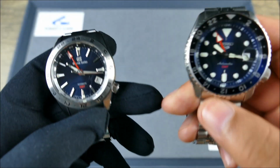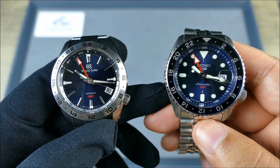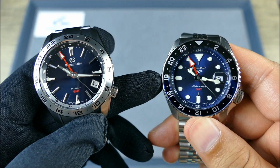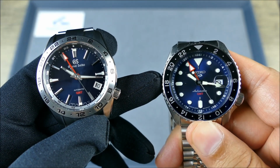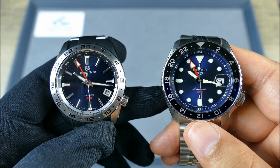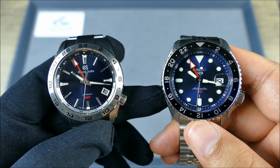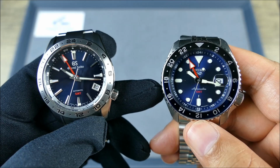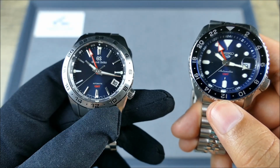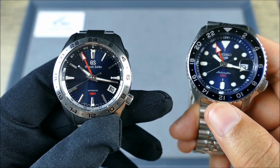Dude, this is a real GMT also, because it can still track multiple time zones. Technically, this one, because of the addition of that sliding friction bezel, it can track even more time zones. So if I needed to talk to somebody in Japan and somebody in New York, I could track two different ones, right? And then I'd still know my own local time. Here, because it doesn't have that rotating bezel,